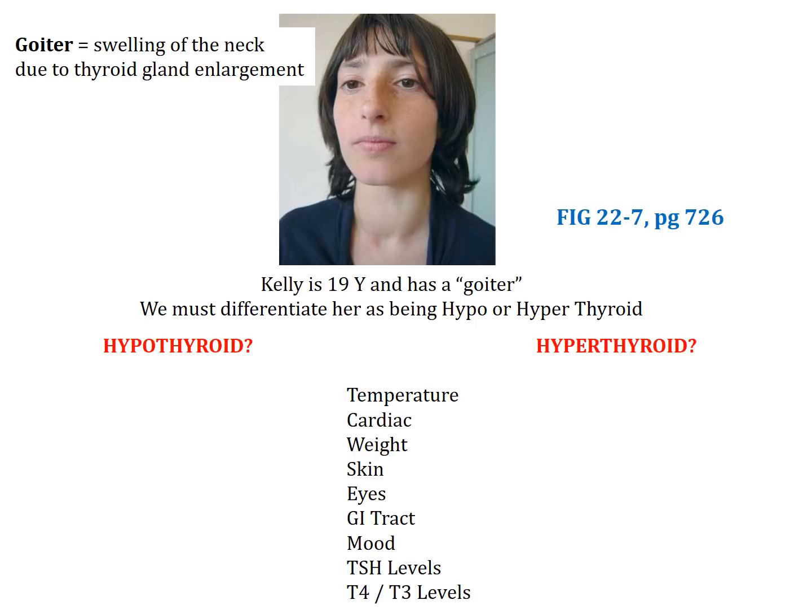If I told you that she was excitable, anxious, sweating, losing weight, tachycardic, and having diarrhea, you would say that she is which of the two? Hyper. Yes. And if she were lethargic, depressed, skin was very dry, she was putting weight on, constipated, always feeling cold, you would say that she is hypothyroid. Right. So hypothyroid, low T4, T3; hyperthyroid, too much T4, T3. Each one is going to give her a different physiologic presentation.